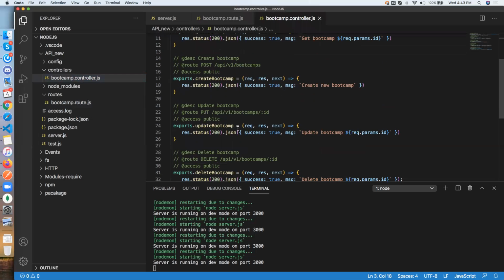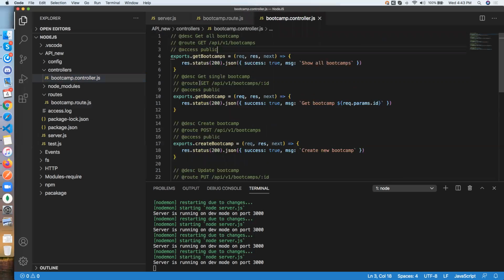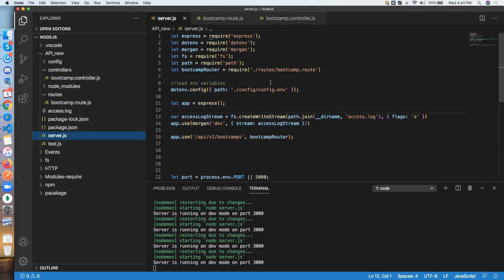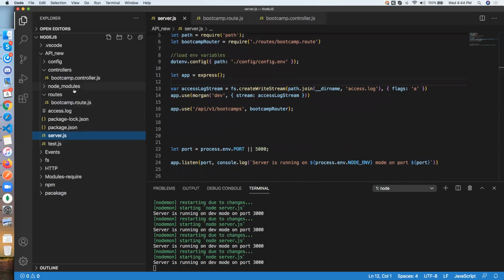Okay, so it is fine. So you understand how you can create a route here, and then how you can create controller files. Inside the controller file you can put all the bootcamp controllers, and the other controller files you are going to create in this folder. Then in the route folder we are going to create another route file whenever you create other models. Because right now you can see the code is very clear. There is no route inside server.js,